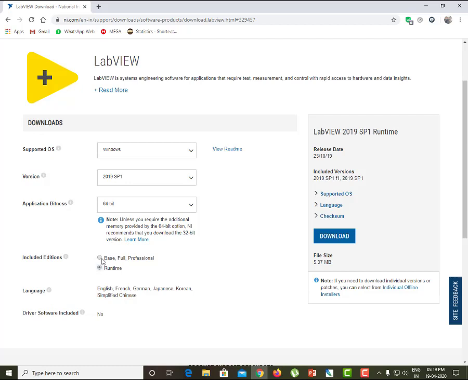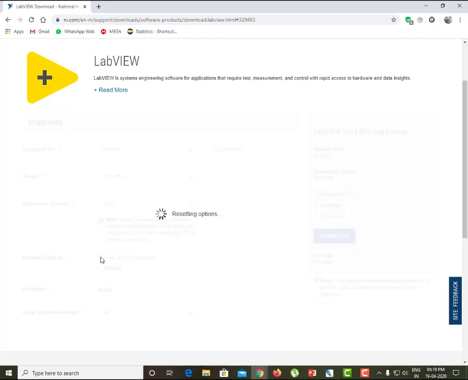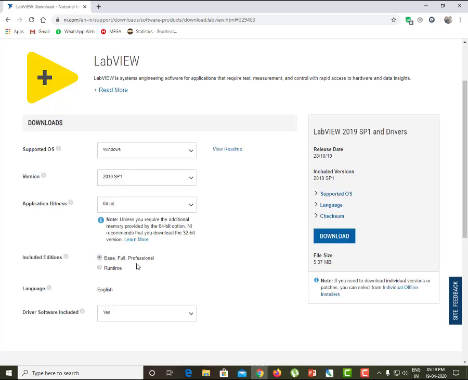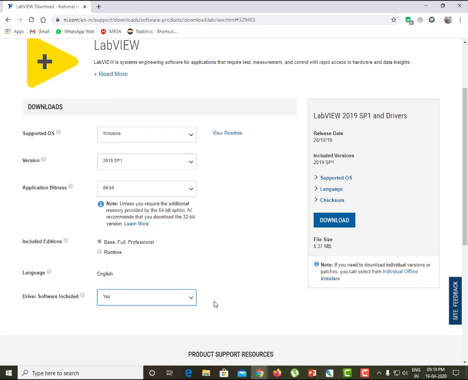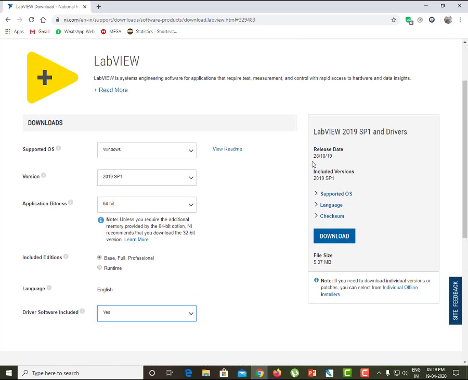It can utilize your previous version license, but now I need the base or full professional version because I need to download the entire software. So driver software included, yes, I need the driver software in this. And now here you have one link you can download from, and this is the online download link. When you click on it,